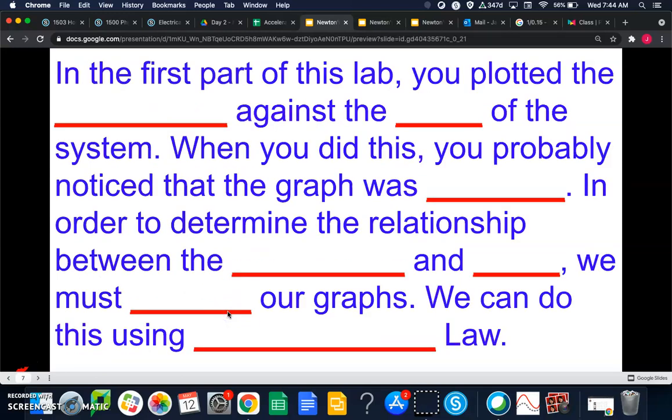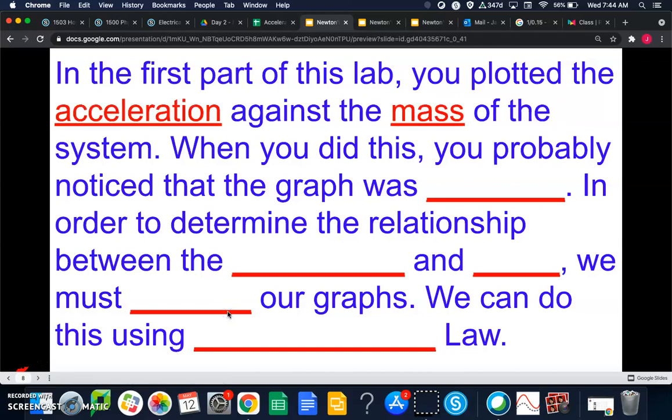So in the first part of the lab, you plotted your acceleration against the mass of the system. And when you did this, you probably noticed that the graph was not linear, right? It had this sort of weird curve. It was probably tough to get any of the values to have a good curve fit. There's one that probably fit pretty good, but it's not one that we've used before, and it's not one that's going to be useful for